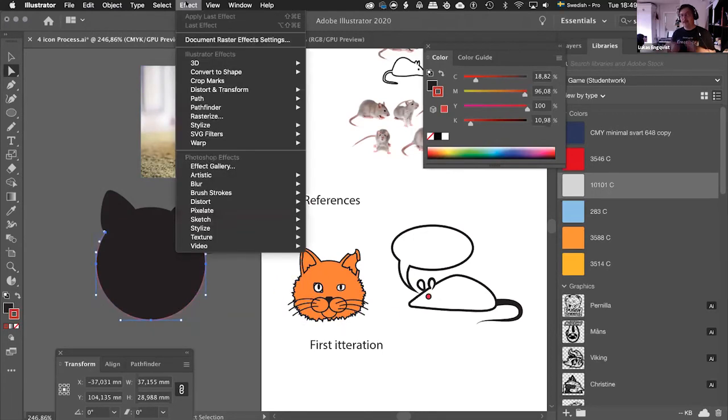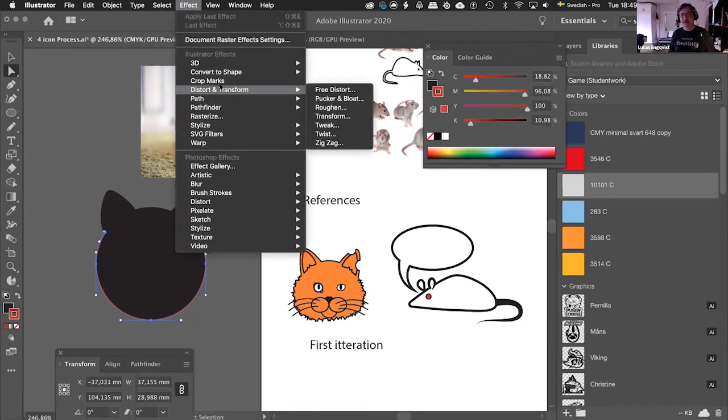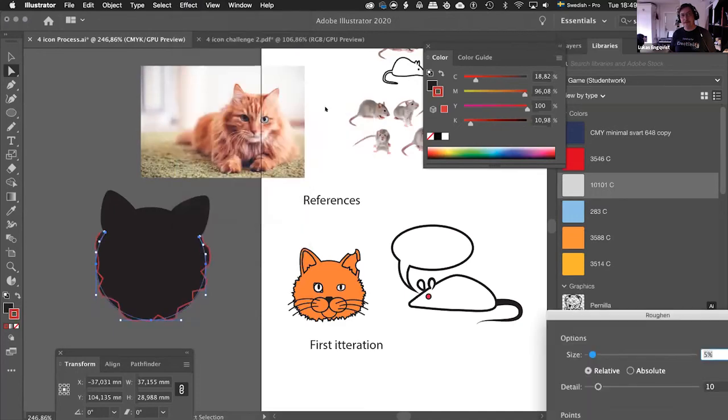And what I love about Illustrator is that I can be very, very precise, saying exactly where I want to point, and I can move these points as I want, and then I can be totally random. And there are some things here called effects, and choosing Distort and Transform, Roughen, I can roughen him up. If I don't like the way he's roughened, there is